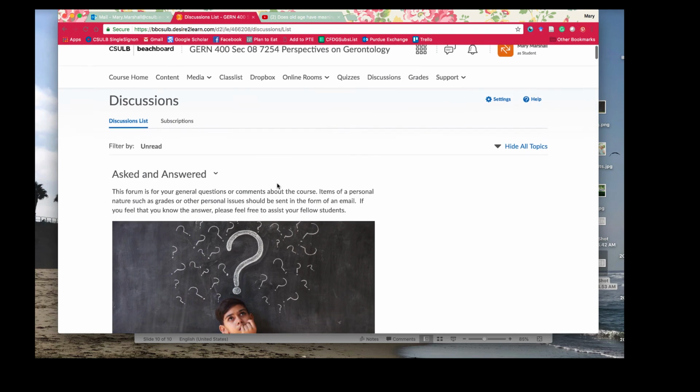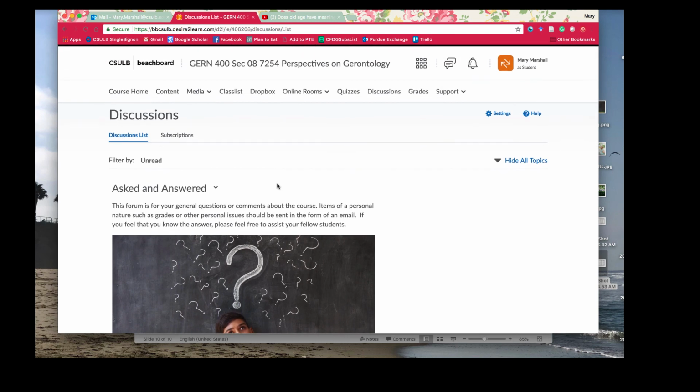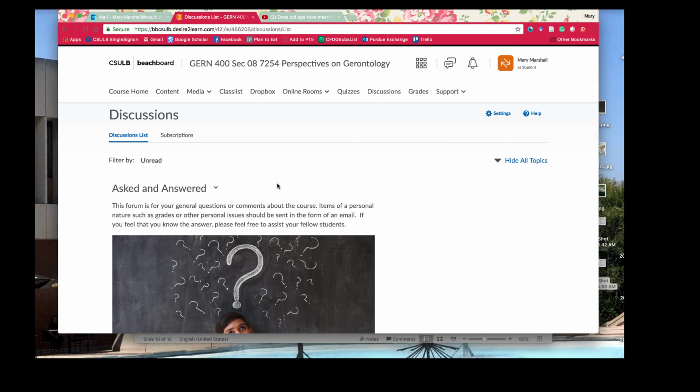You can go through and you'll see that there are the modules for all weeks already available. However, I do suggest that you stay along with the schedule, because if you get too far ahead, it'll be harder for you to do the reflections as intended for the groupings of controversies. And you'll see that you are not able to actually post reflections in advance. Those will only be open the week that they are due, along with quizzes as well.